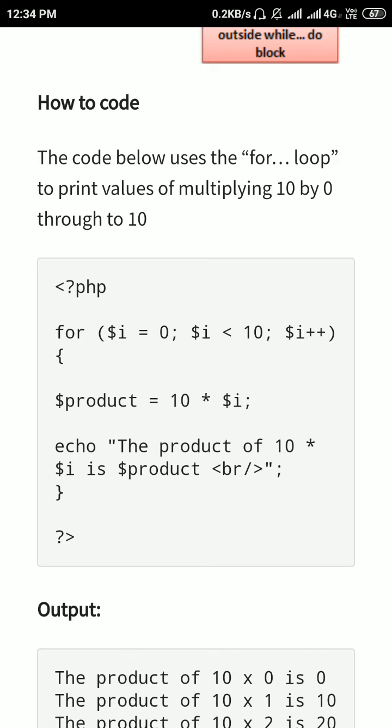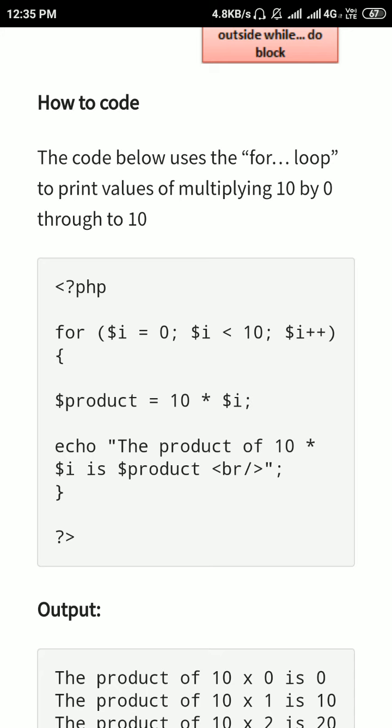Let's start. First you have to open the PHP tag and write the code for the for loop, and then initialize the value with an integer, where the initial value is 0. Then check the condition: I is less than 10. Then increment the value with I plus plus, and then multiply with 10.